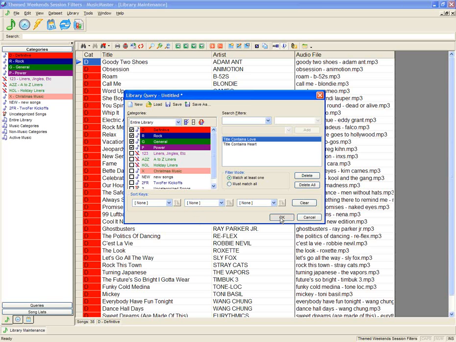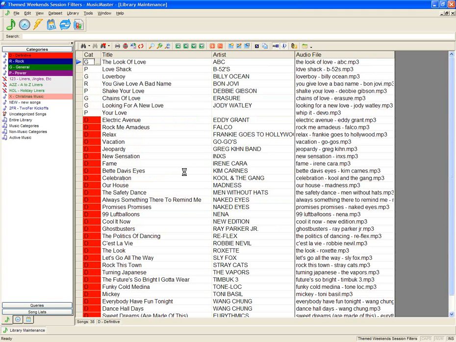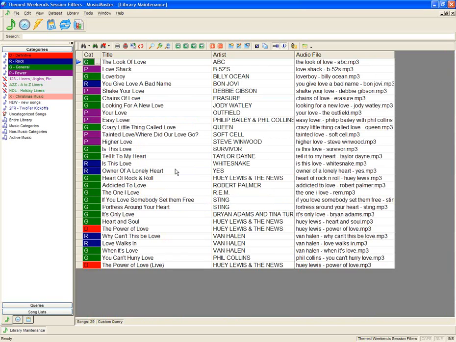When I hit OK, this is going to bring up 29 songs in my database, and you'll see just by looking at the titles here that they either have love or heart in the title. And 29 is enough for me for this themed weekend that I'm going to do because I'm going to rotate my regular music for most of the hour, but at the top of the hour I'm going to play a nice legal ID that my production